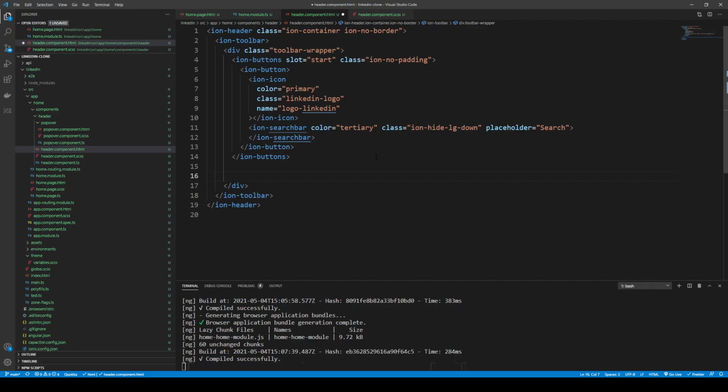So I'm actually going to do an ion grid for this, and the reason being is because I need to have icons and text, and I need to position them vertically. So I'm going to make an ion grid with an ion row, and this is another fundamental layout concept. It's similar to sort of Bootstrap or Material, something like that. The grid,